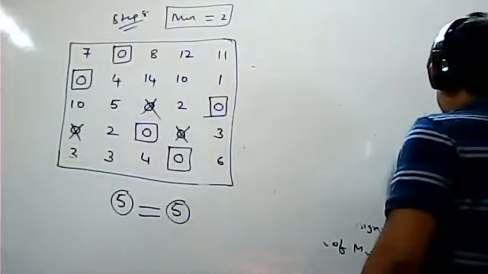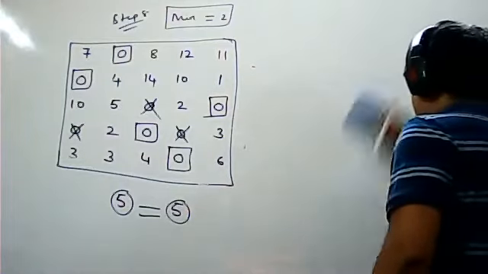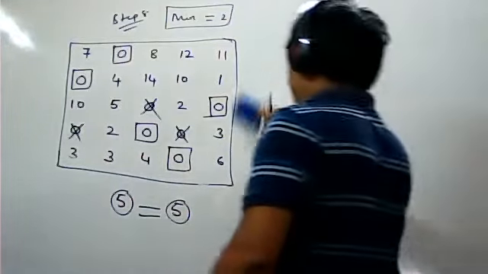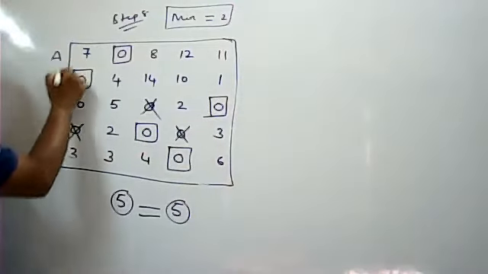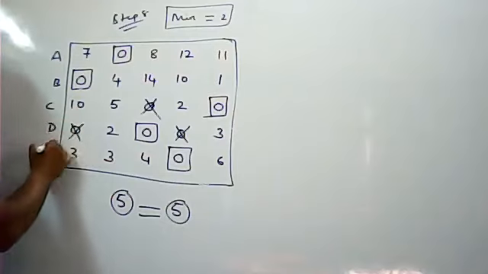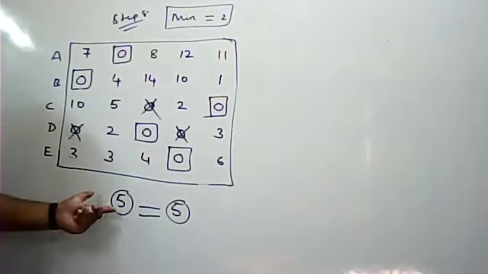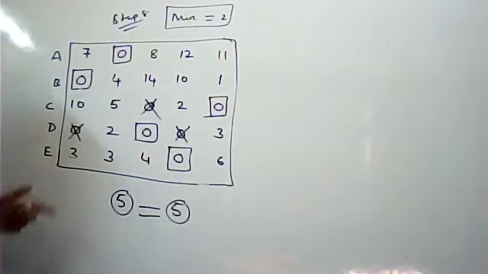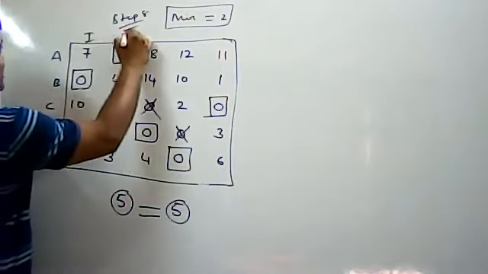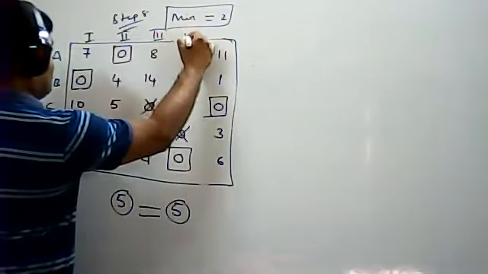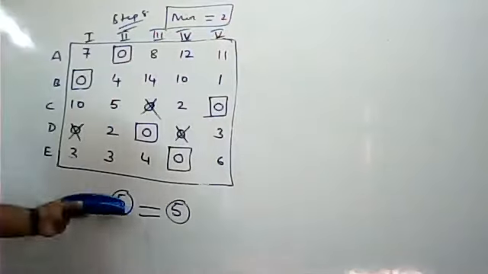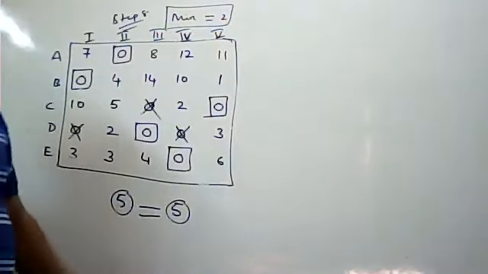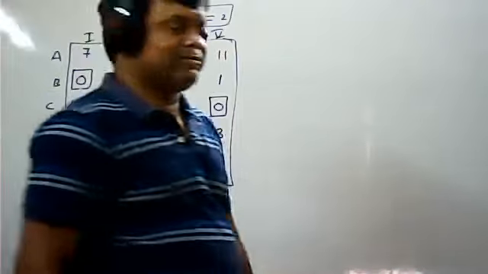So now you have to identify the optimum assignment and the optimum cost for this particular problem. On the row side, employees are given: employees A, B, C, D, E. On the column side, machines 1, 2, 3, 4, 5. So 5 equals 5. Number of assignments equals order of the matrix, hence we have reached the optimum solution.